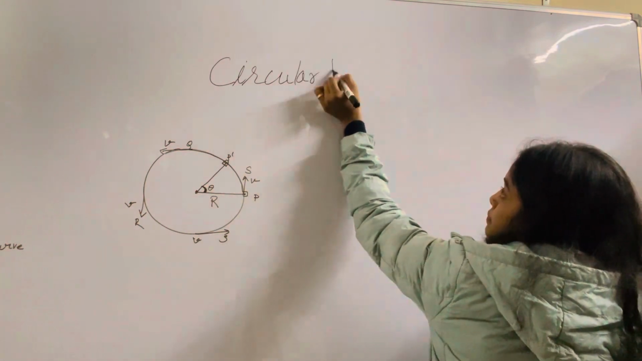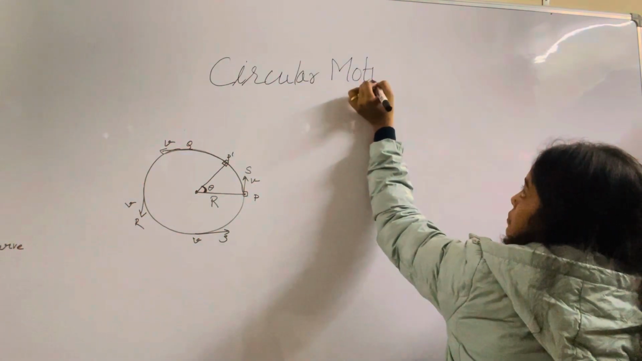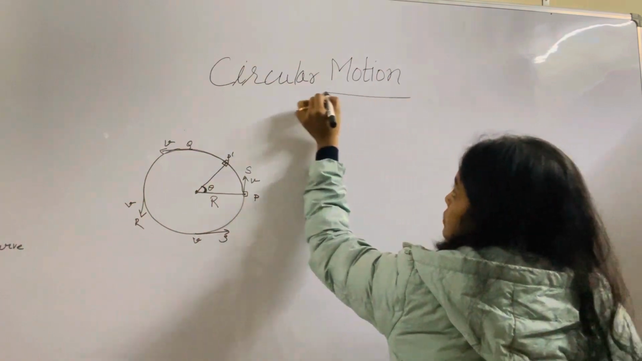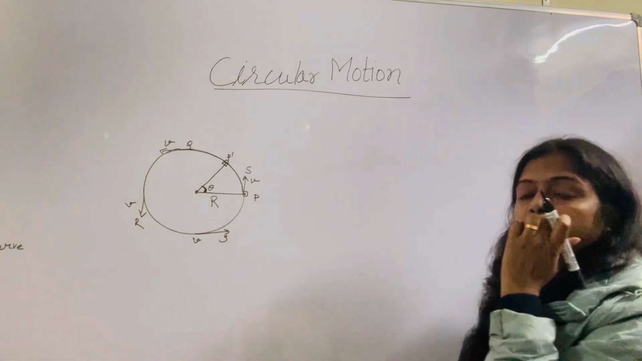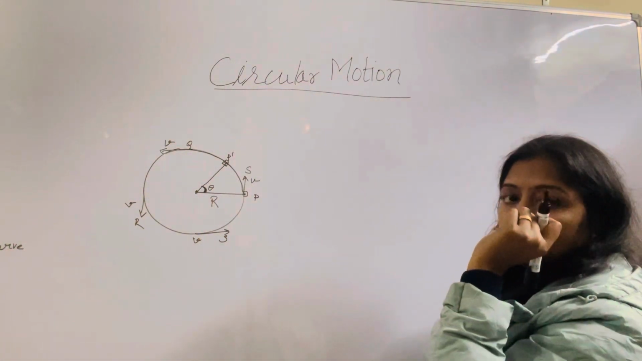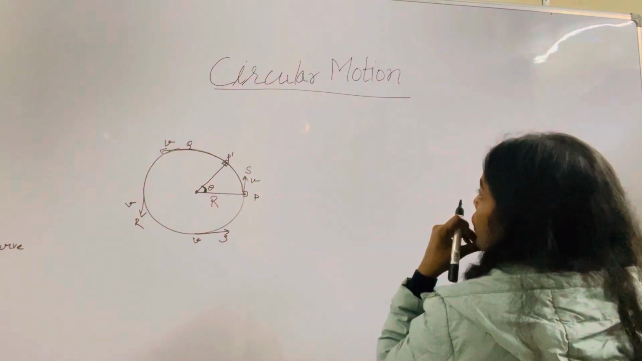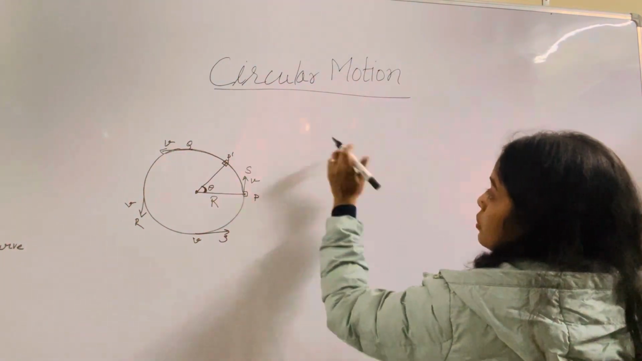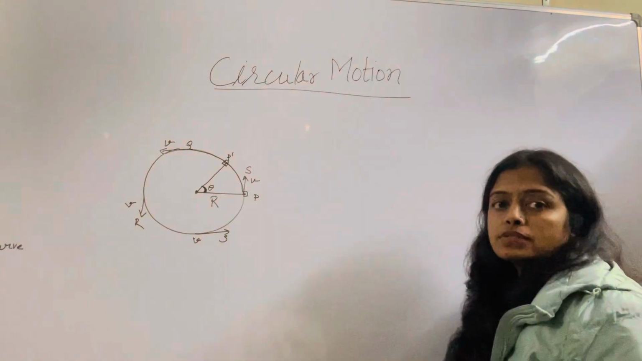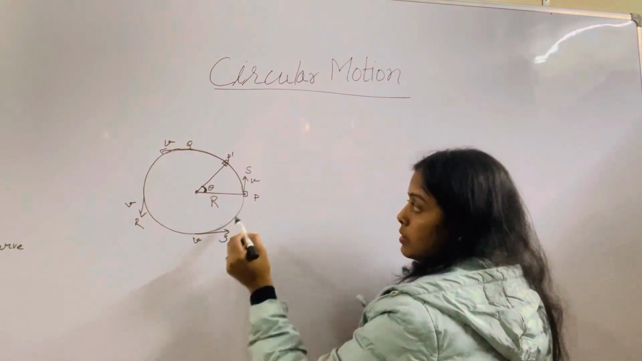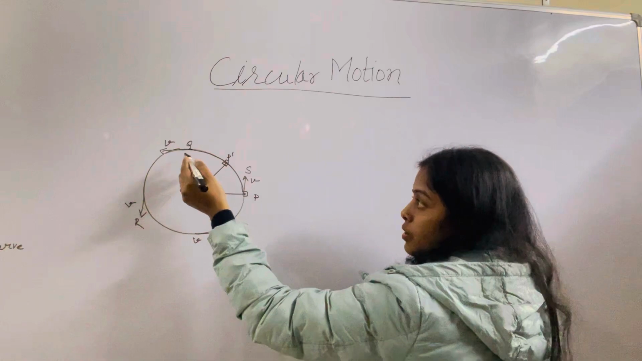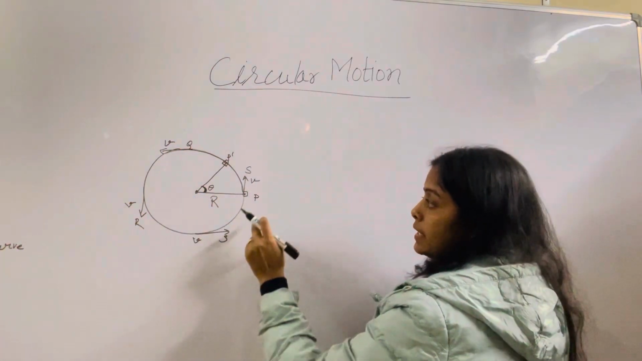Today I am going to discuss circular motion. When an object is moving in a circular path, the object is known to be in circular motion. Suppose there is an object moving in a circular path with constant velocity v, and every time the direction of the velocity